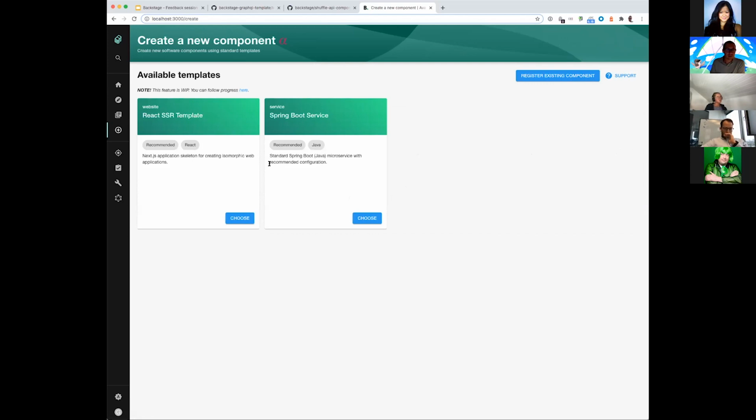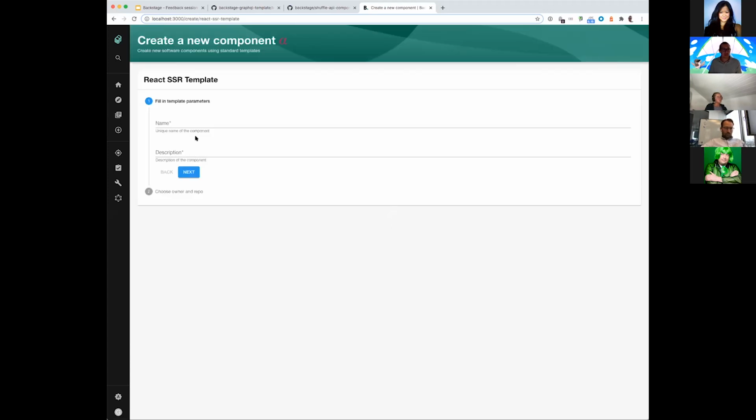So as a user, I don't have to copy paste old projects, or figure out what is the preferred way to build software at Spotify, because the preferred choices are clearly outlined here in the available templates. So if I wanted to create, for example, a new website, let's say this React SSR template, I can choose it here. And as a user, the only thing I need to do is